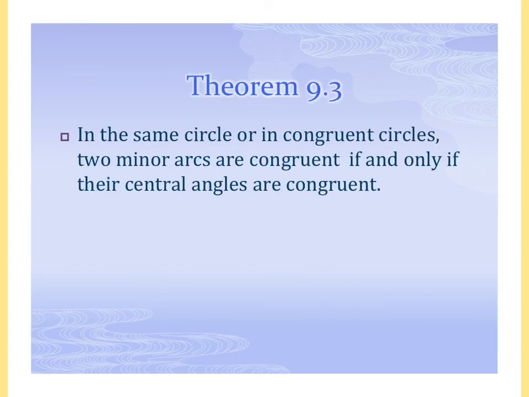Okay, Theorem 9.3, again, no name, the number's not important, but what it says is important. In the same circle or in congruent circles, two minor arcs are congruent if and only if their central angles are congruent. So if I had two circles or the same circle, it doesn't matter which one,